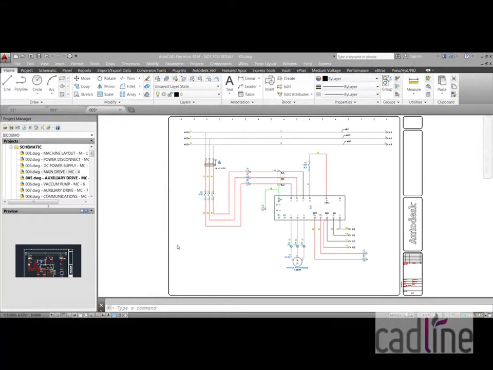Incorrect source and destination arrows. Clients can share their AutoCAD electrical drawings with AutoCAD LT users, and indeed AutoCAD users. However,